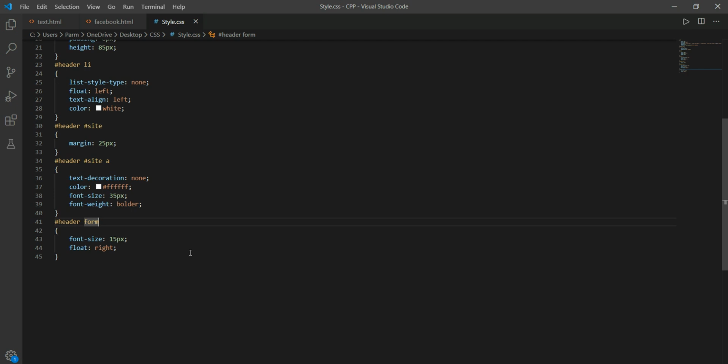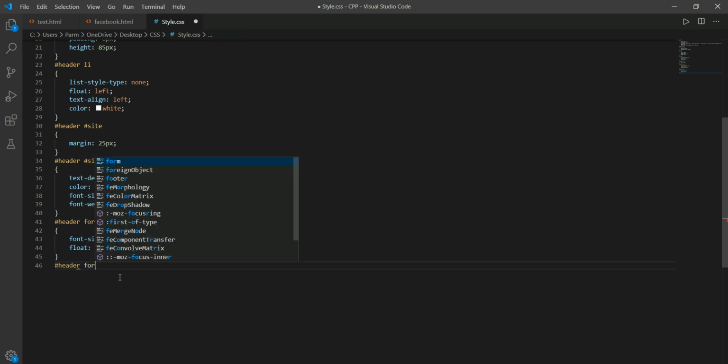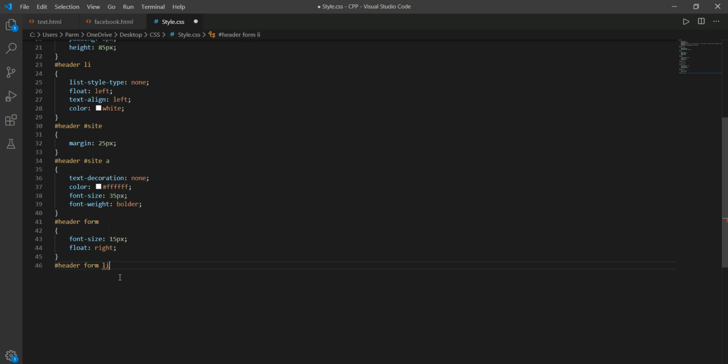Now the listing of this has been done within the form. So here we go with the header id, and within the header we have used form, and within the form we have used a list, and to this list I'm going to add style over here.